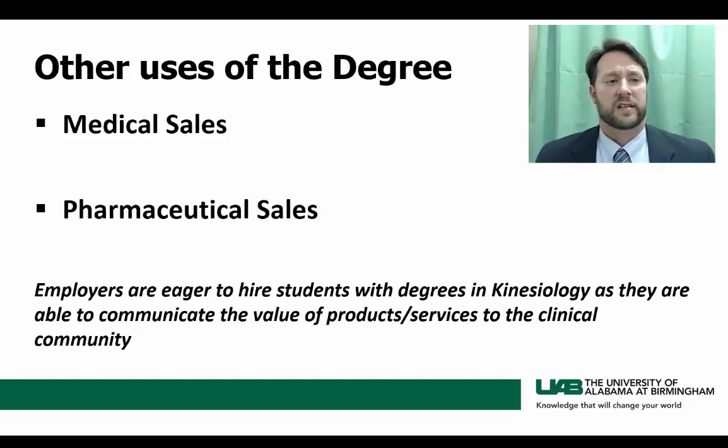One of the last areas that I want to talk about with regards to what you can do with your degree is in the area of medical sales and pharmaceutical sales. There have been a number of students, not only from this institution, but many other institutions that we see go on to do both medical or pharmaceutical sales. And employers are very eager to hire our students because they know so much about kinesiology, which is really the study of human movement. And because there's so much information that is obtained through our degree program, employers again want